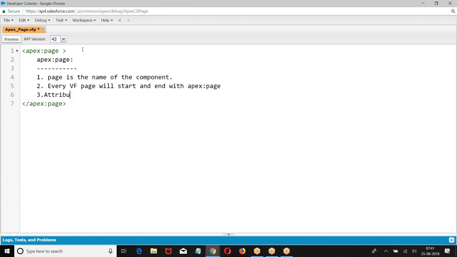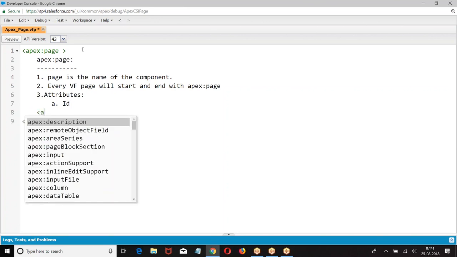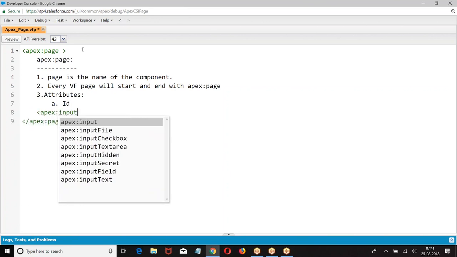Third, attributes. What are these attributes? Attributes are nothing but properties. First attribute we have is ID. What is this ID? Let us say if I have Apex input text,